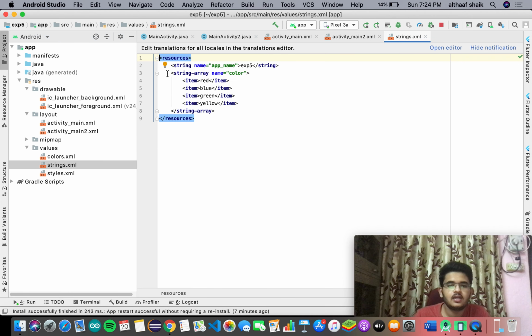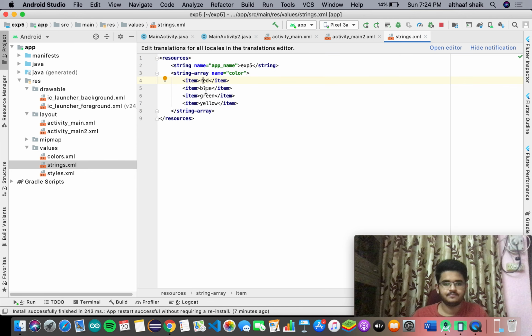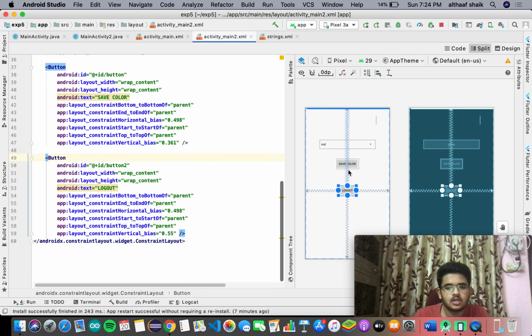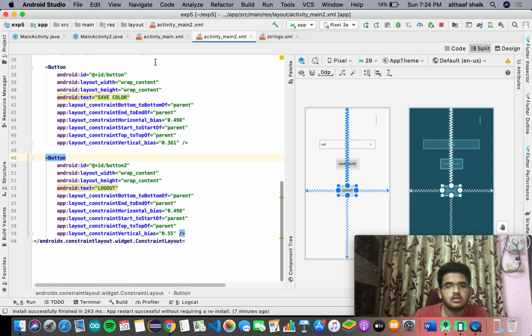Here we have created a string array with multiple colors, and we obtain this array for the spinner, giving the spinner mode as drop down. And these are two buttons: one saves the color, and the other logs out.